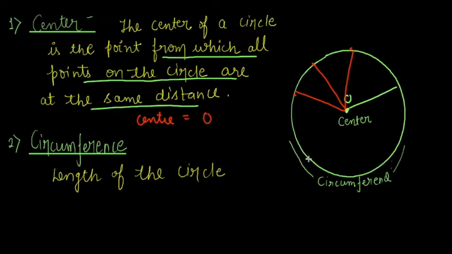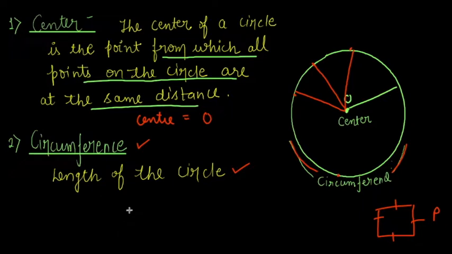Now the circumference. Like we did, suppose I am taking a square. I told you that perimeter means the total length of the figure. But in case of a circle, we use the term circumference instead of perimeter. It means the total length of the circle is defined as the circumference of the circle. So if you see, this is the circumference, right? If I start from this point and keep going like this, the total length of the circle defines the circumference of the given circle.